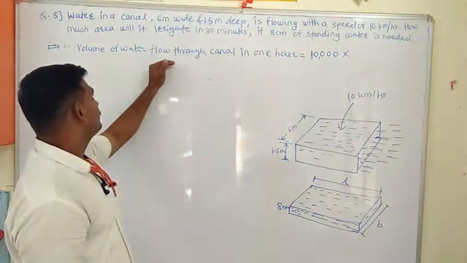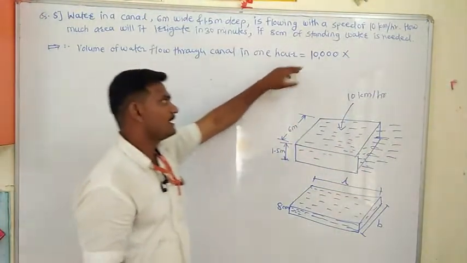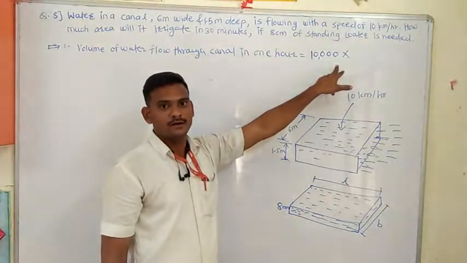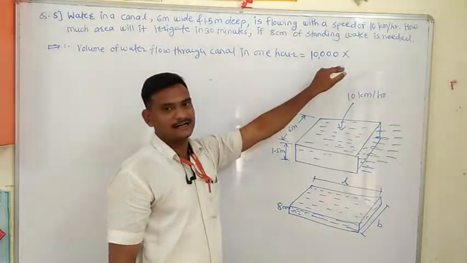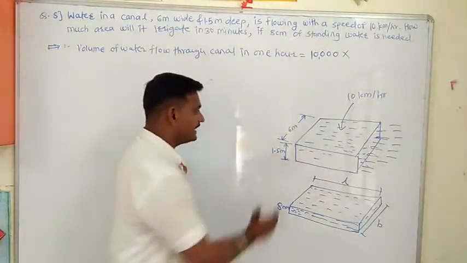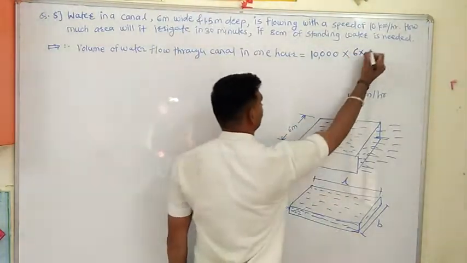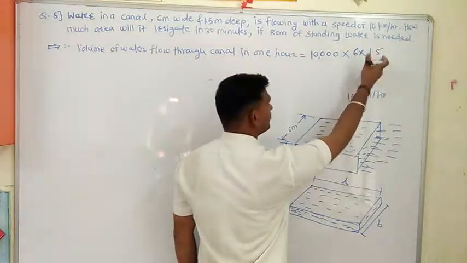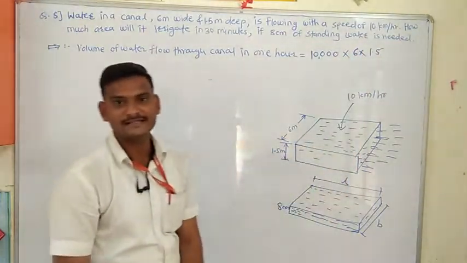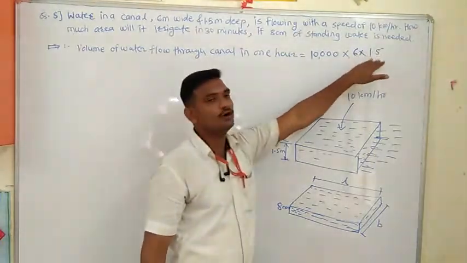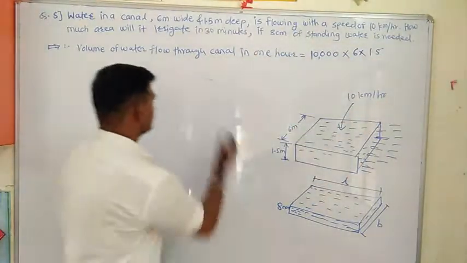Because we are going to find the volume of water flowing through the canal in 1 hour. In 1 hour, this much distance it will travel. Therefore, we have to consider length as this much, and breadth is 6 meters and height will be 1.5. This is the formula for a cuboid. We know the formula for a cuboid is LBH, length into breadth into height, which is equal to